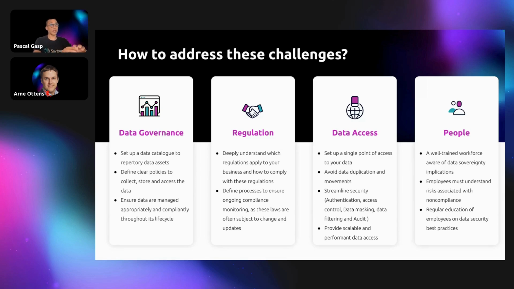Having that abstraction layer, that single point of access, helps you now streamline the security. You can now define the right security for who is going to access what, based on the governance you defined, and wherever the data lives, this tool will help you correctly access the right data. And then you can also run audits on top of that. You can define types of data masking or data filtering on top of this in a simple way.